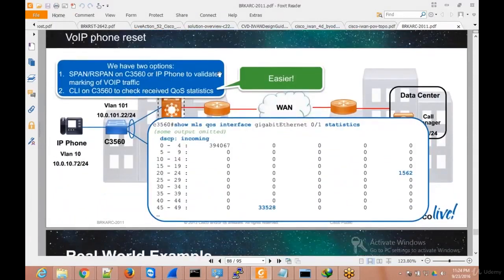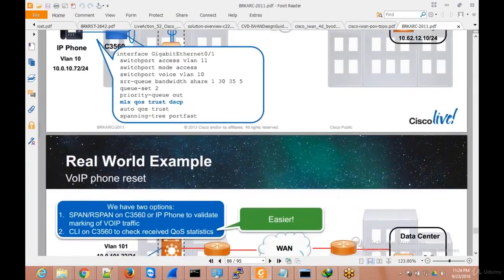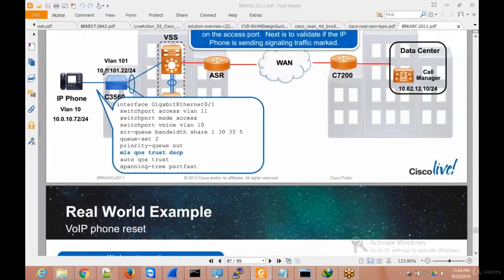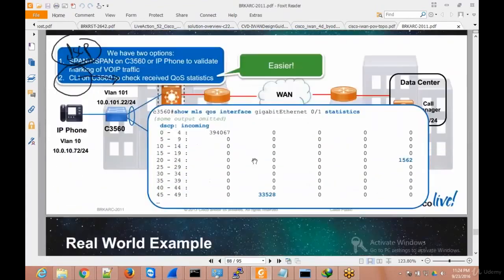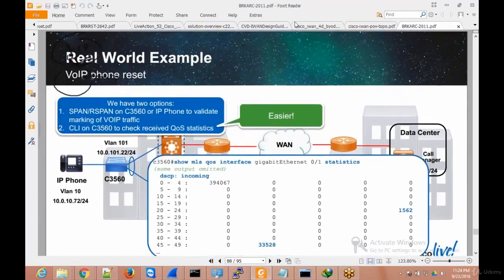now if you want to see that you have done marking, this is again very important to check. So you have done some DSCP marking here, and when the packet is hitting the switch, does that packet have this DSCP marking? If you want to check that, you have to span this switch. Once you span the switch, you have to do a span capture, or actually you have two options. The second option is recommended here. The second option is CLI on